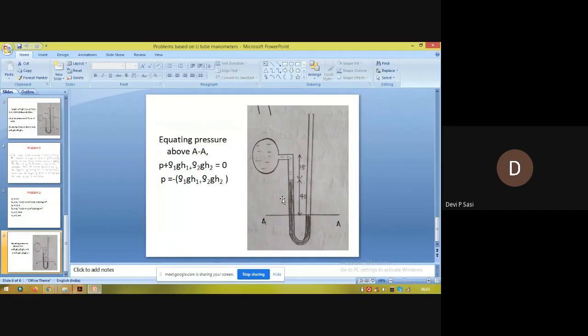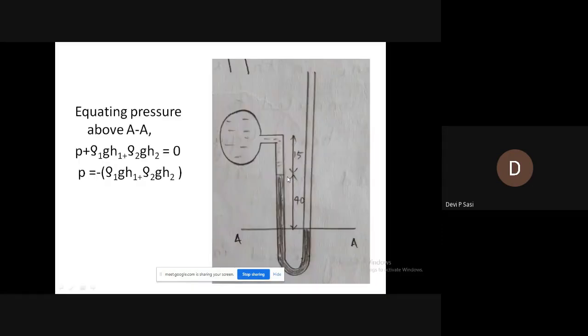And what happens? The light liquid makes a difference of 15 centimeter below the center of the pipe. The question states that the difference of level from the center of the pipe is 15 centimeter. So from the center of the pipe to the mercury level, the difference is 15 centimeter. Okay. So from the given data, either in some cases figures will be given, or else you have to draw